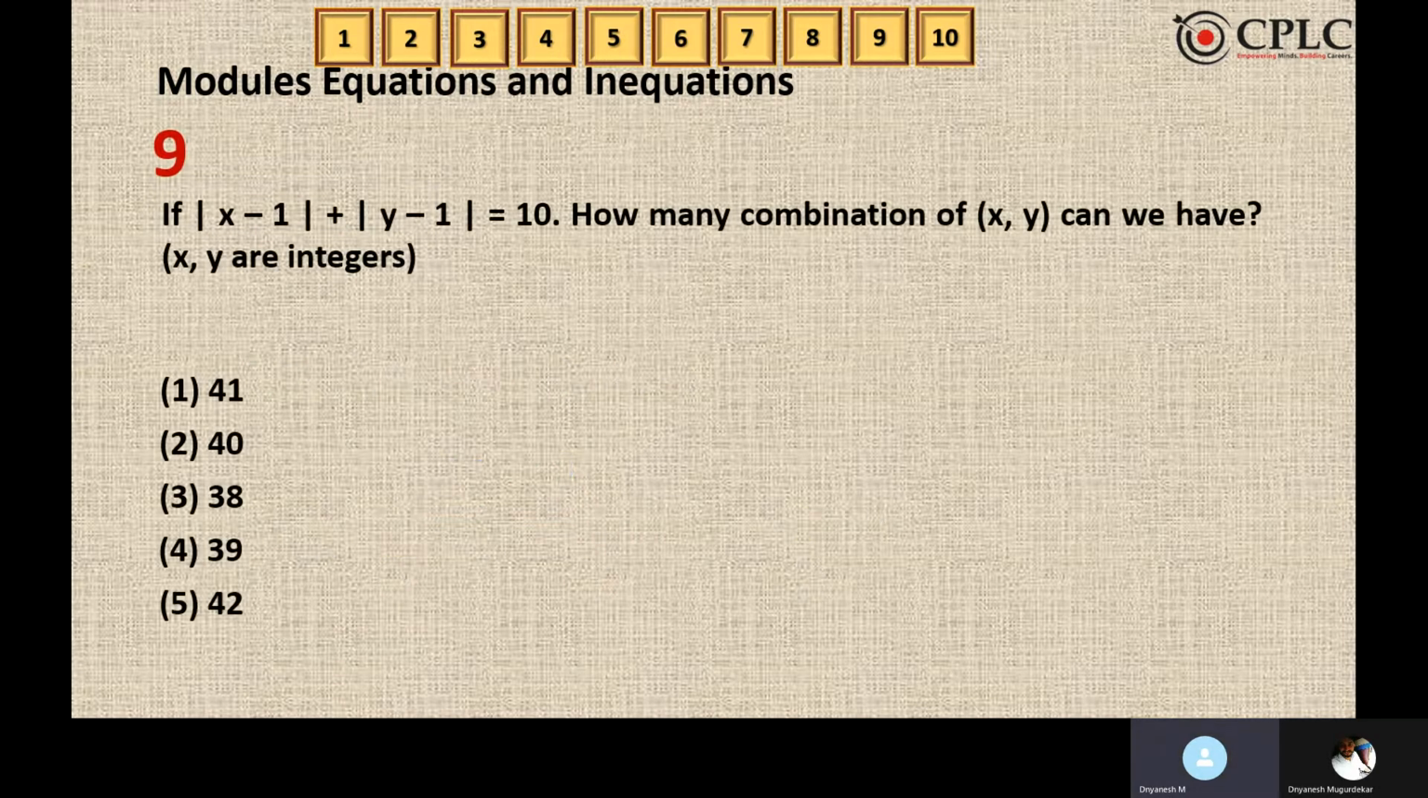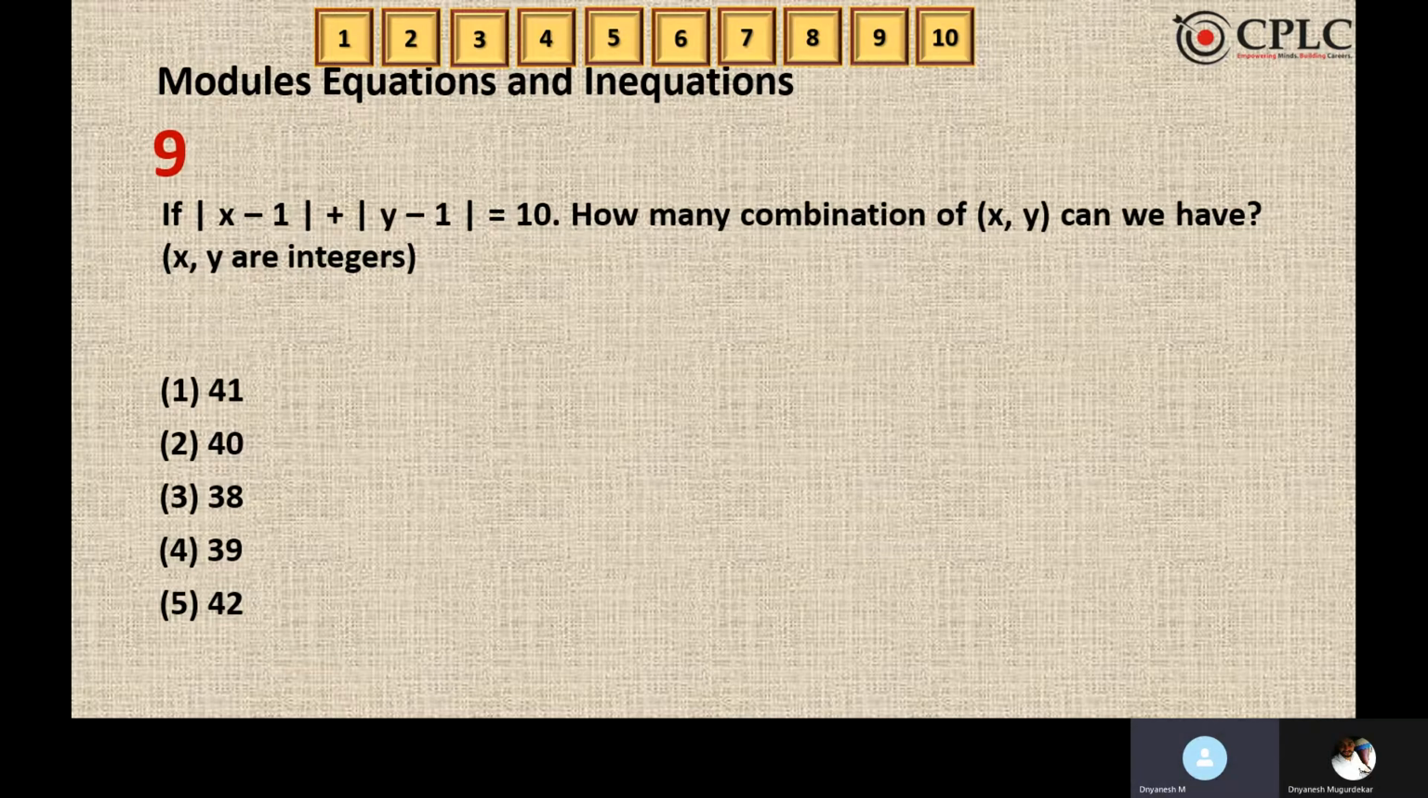Ninth and the 10th one, similar category, but a very important thought process again to remember as one of its type and the identification. Question: mod of x minus 1 plus mod of y minus 1 is equal to 10. How many combinations of x and y can we have so that x and y are integers? So the idea that you need to remember here is